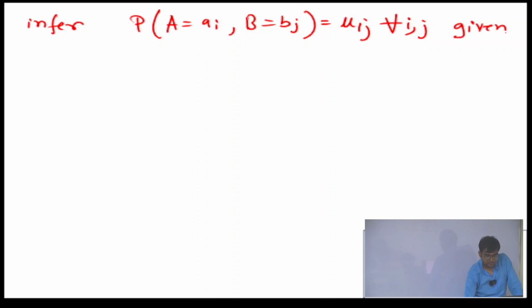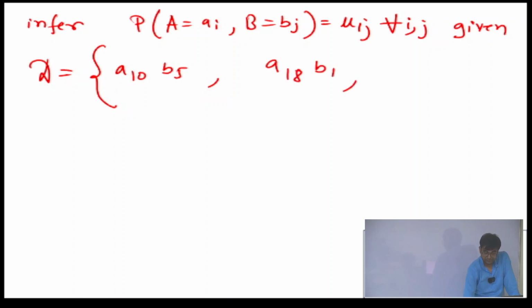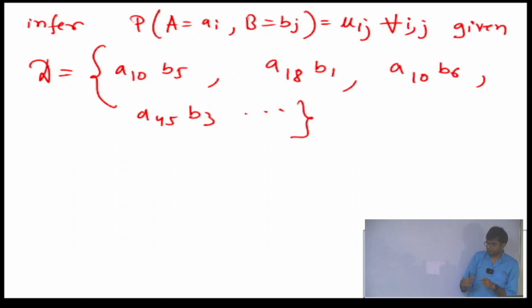given data. I have some data and the data might look like, let us say I am just randomly creating some data. So A10, B5 can be first data, A18, B1 can be my second data, third data can be A10, B6, fourth data can be A45, B3, and you can have data like that, right. So you have performed the experiments many times and these are the observations you have. So this is the data you have, okay, and from this data you want to find out that mu ij. That is the learning problem, okay,